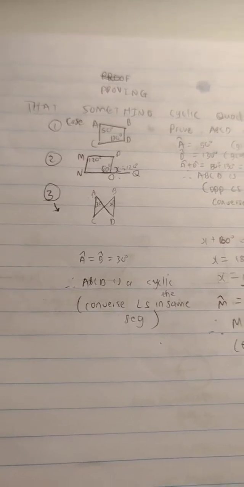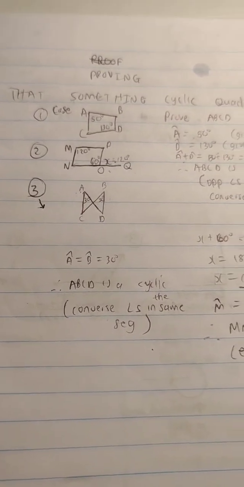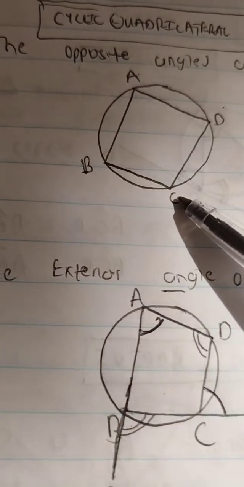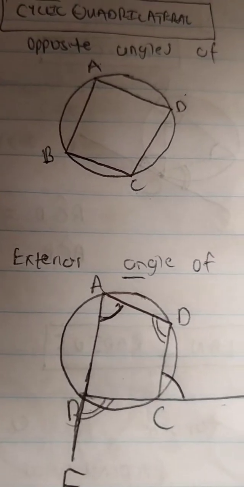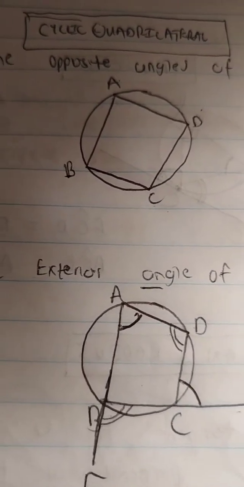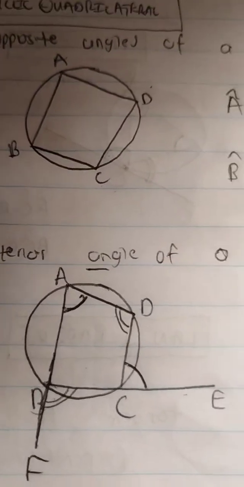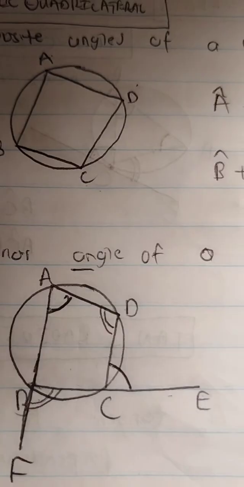Because converse means the opposite of the actual theorem, which is basically what we want. Anyways, when we are using this in an actual cyclic quad, where this is 50, and we want to say this is 50, and we are given x, and we say x is equal to c, which is 130 degrees, the reason we give is opposite angles of a cyclic quad. So we know that when we are proving, then we say converse of angles